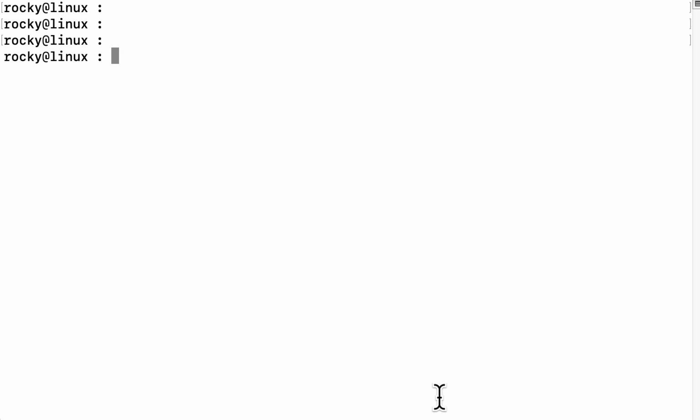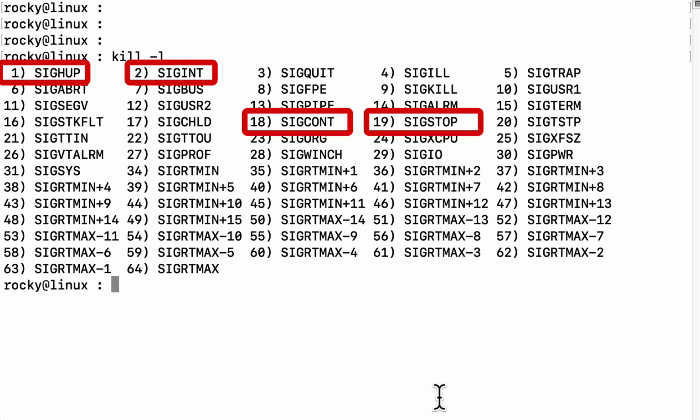Let's look at the relevant signals for this exercise. So we list the signals with kill -l. Now don't worry, we're not going to discuss all of these signals, but only the relevant ones. Let's start with sighup or hangup, which is the signal that a child process will receive when the parent exits. So if you exit your shell, it will send a hangup signal to all of its children. So in fact, when you close the shell and you have a child, then the child will receive signal 1